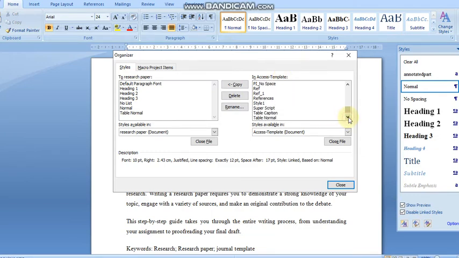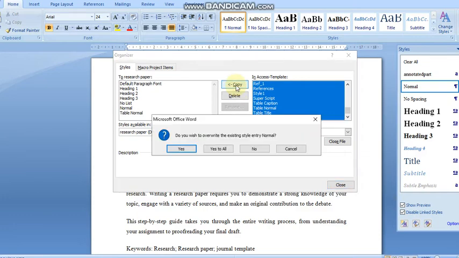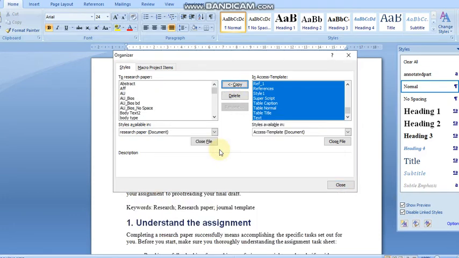So just select all the items. For selecting all, you can use the shift button and then click the copy button and also yes to all. Now you can see these fonts are moved over here. Then click this close, not those close files, the final close you have.